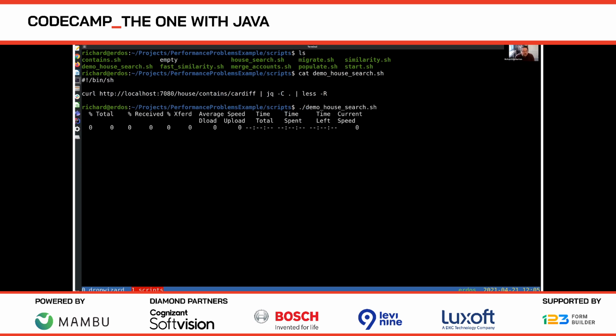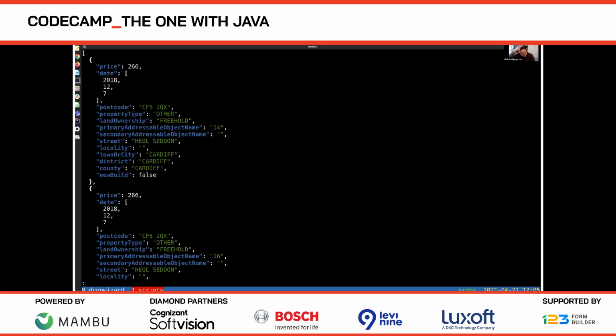If I run that, we can see that we get this data back, and we get a bunch of information here. So these are all sales sorted by price. The cheapest sale is £266.